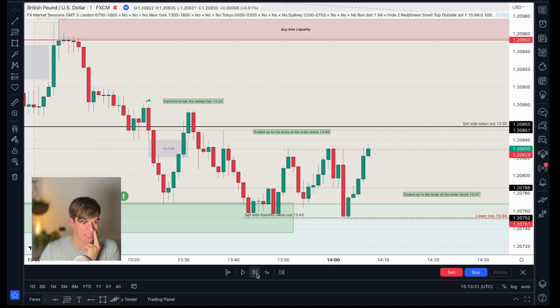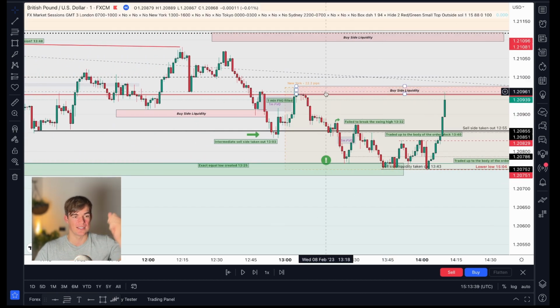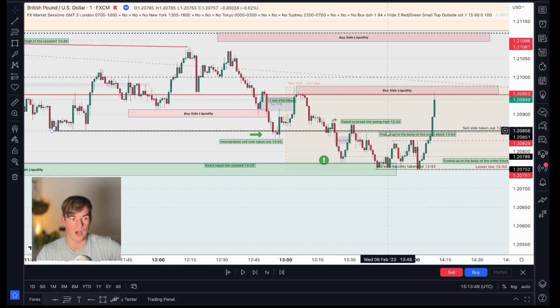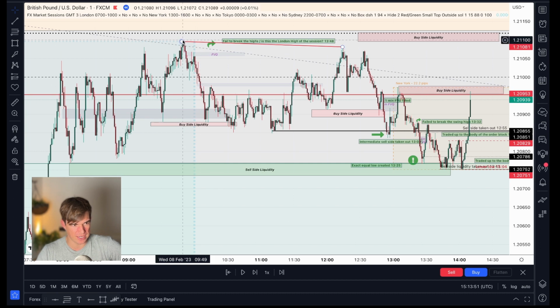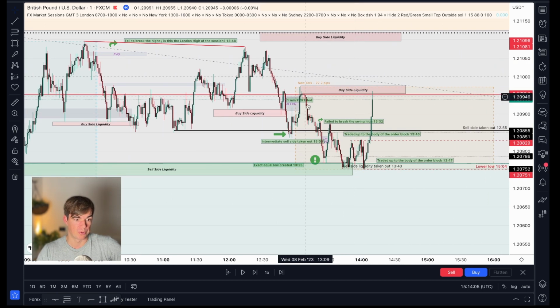And then we had created the low below this. And this was where I had set my buy side liquidity, at the beginning of the New York session. I anticipated the price coming to take buy side liquidity here. Why? Because this is evidently going to be coming down. So you had the high of the London session, failed to break in between lunchtime, created lower, then came down, and then came back into the daily high, broke down,